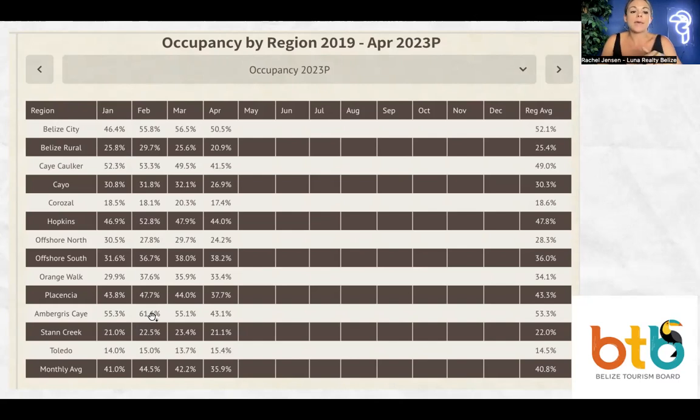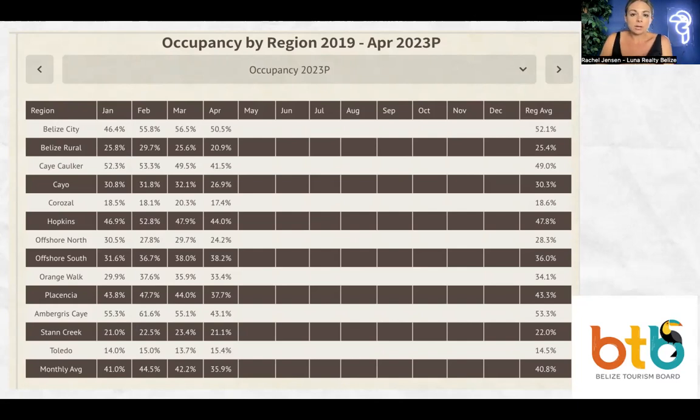February was actually the busiest month at about 62%. Now, note these are just averages. There's always going to be hotels that are performing higher than the average, and those that are performing lower than the average. If you're looking at rental occupancy and rental numbers, and you're looking primarily for an investment property,